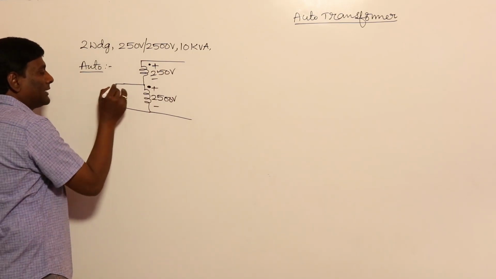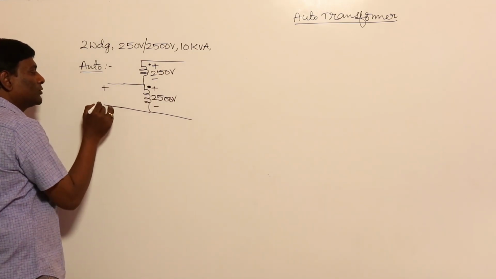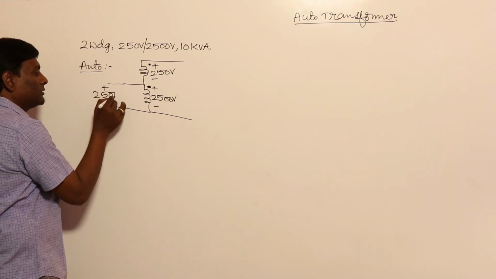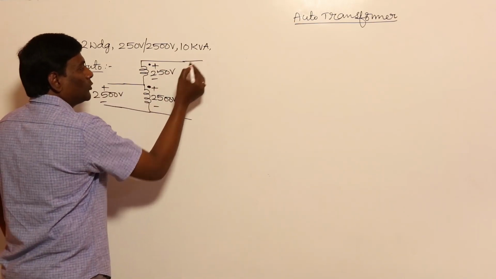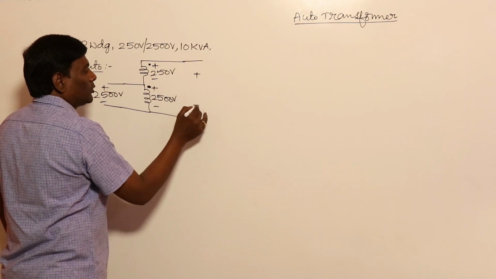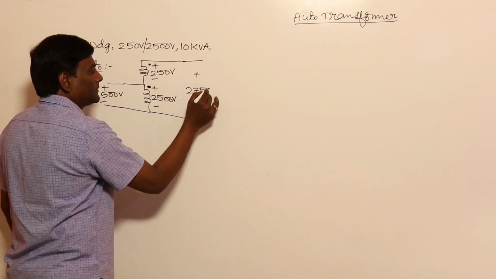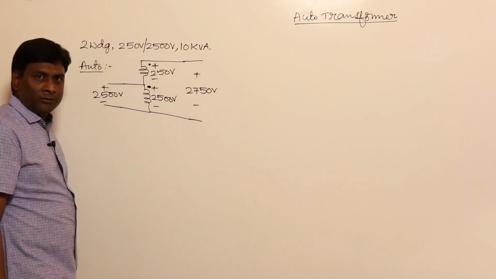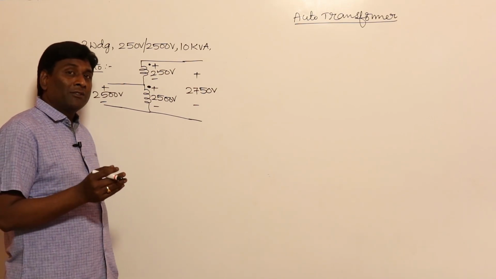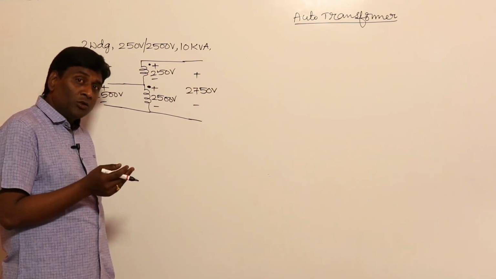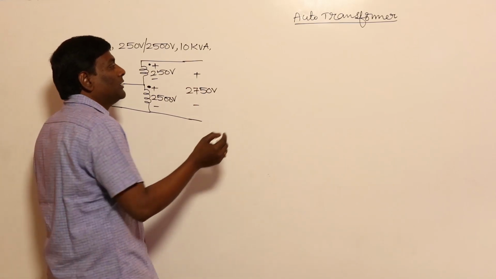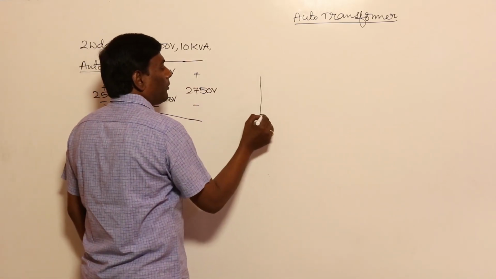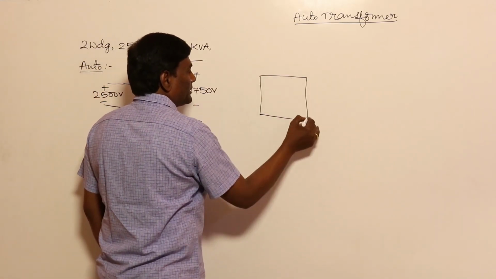Means that at the input side, how much voltage do I have to supply? 2500 volts. And at the output side, how much voltage am I going to get? 2750 volts. Now a few guys will wonder: is it possible to convert a practical transformer into an auto transformer? Yes, it is possible. For example, if I have a practical two winding transformer,